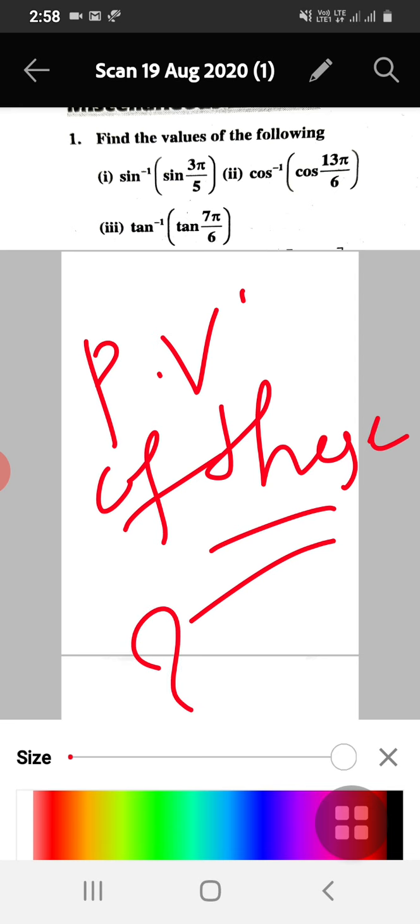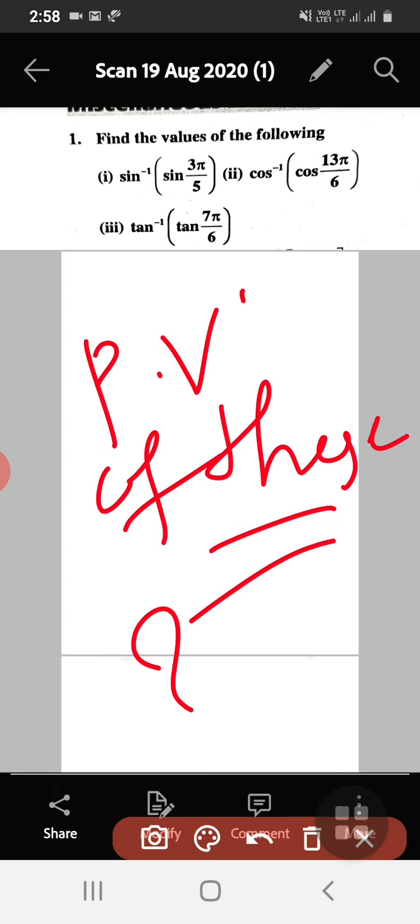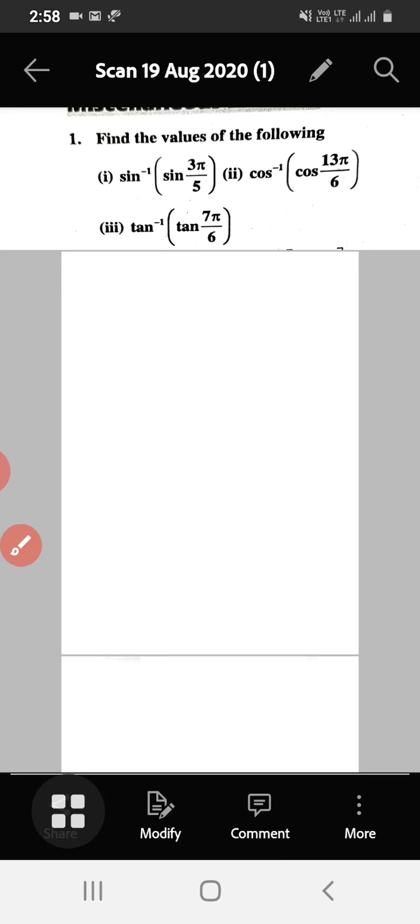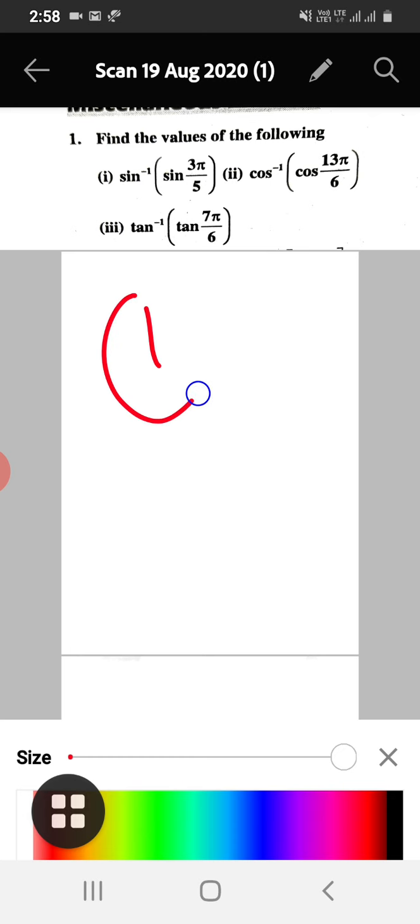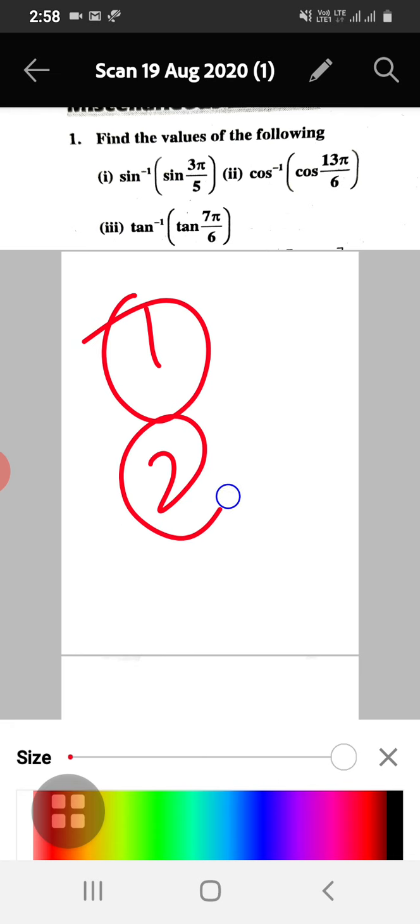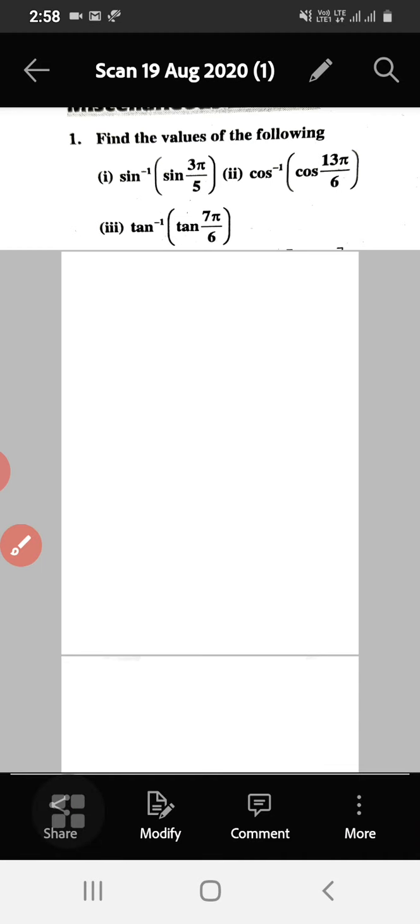These three problems look very simple from the outset, but it's not so easy. See how we students make mistakes; I will explain in this video. These are all 1 mark questions, so we can expect such questions for only 1 mark. In part A you can expect 1 mark, or maybe in some papers they may ask for 2 marks. Basically these questions will be asked for 1 mark. So let us do them one by one.